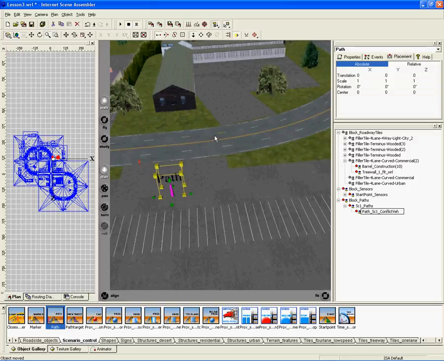Let's have vehicle, I don't know, 28, this blue Peugeot 306. So that's vehicle 28. So I type in, as part of the path name, the vehicle number. And then